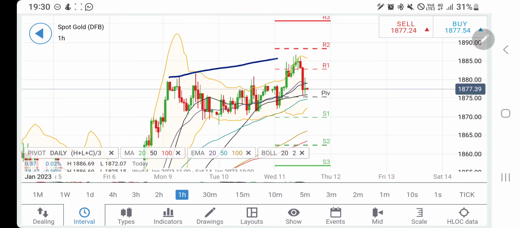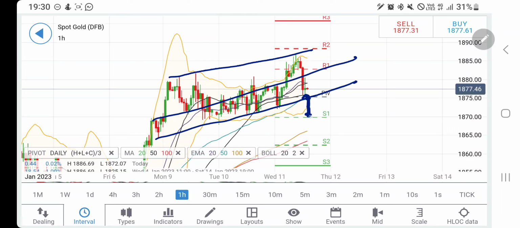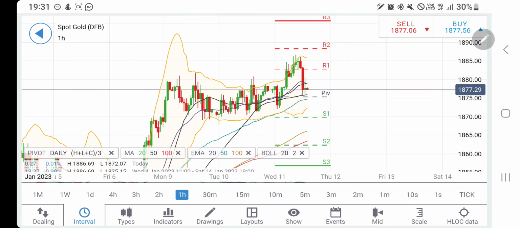Now see on the hourly charts, you can connect these two peaks. You can connect the bottom. It is trying to trade in this channel. Support here at 1875 now. Below 1875, you can expect 1870 as the next target, and below that, further drop might take it towards 1865-60 levels. So yes, you need to wait. A good bearish move is only once it trades below 1870 levels. So those who want to trade cautiously, those who want to trade safe, should only sell below these levels.